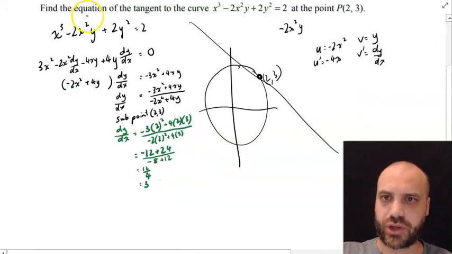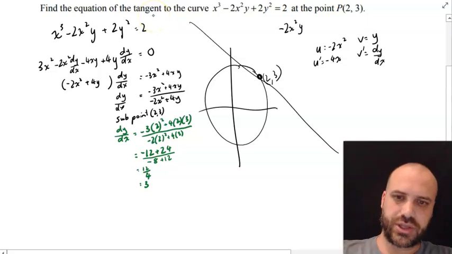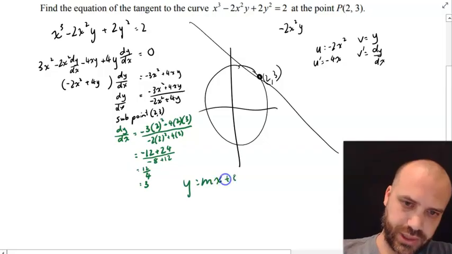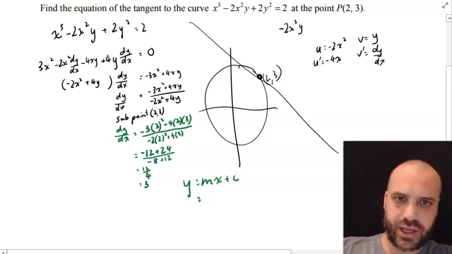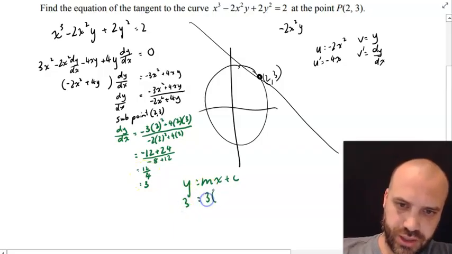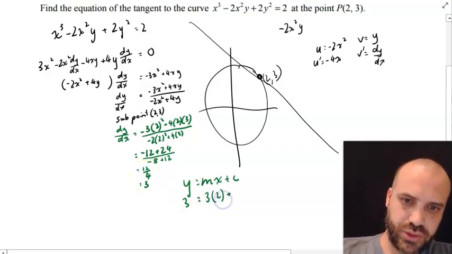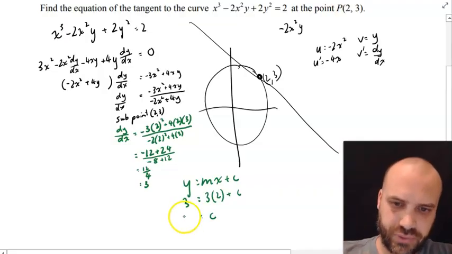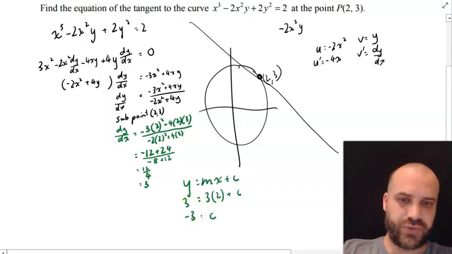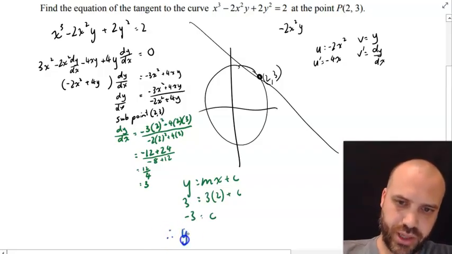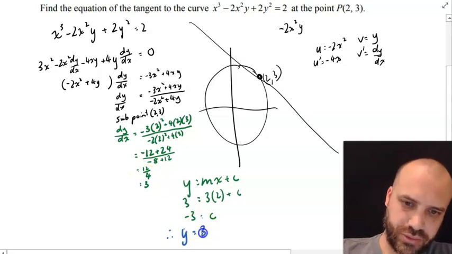Okay, let's not forget what we were trying to do. It said find the equation of the tangent. So, a tangent, a straight line, y equals mx plus c. And we know that y equals 3. We know the gradient equals 3. We know that x equals 2. And we don't know that c value. So that c value is 3 minus 6, negative 3. Okay, we're finished now. Our final answer, therefore, y equals the gradient 3x